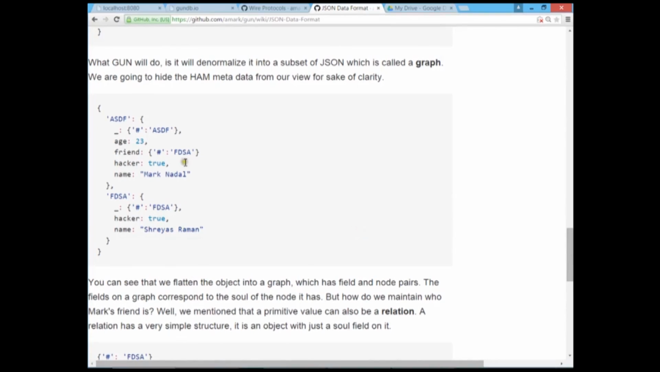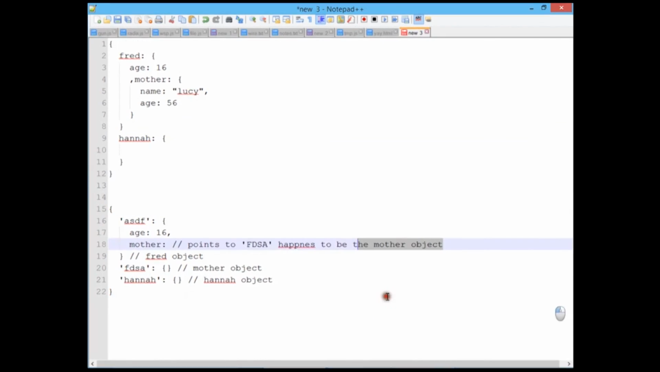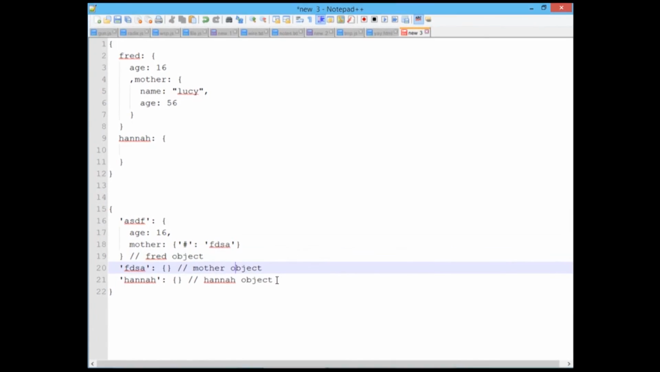Gun has a specific format for addressing that, which is an object of a single property, which is the hashtag, with then the identifier. So in this case, I'm going to delete this. It would look like... okay. And then where the mother object, of course,